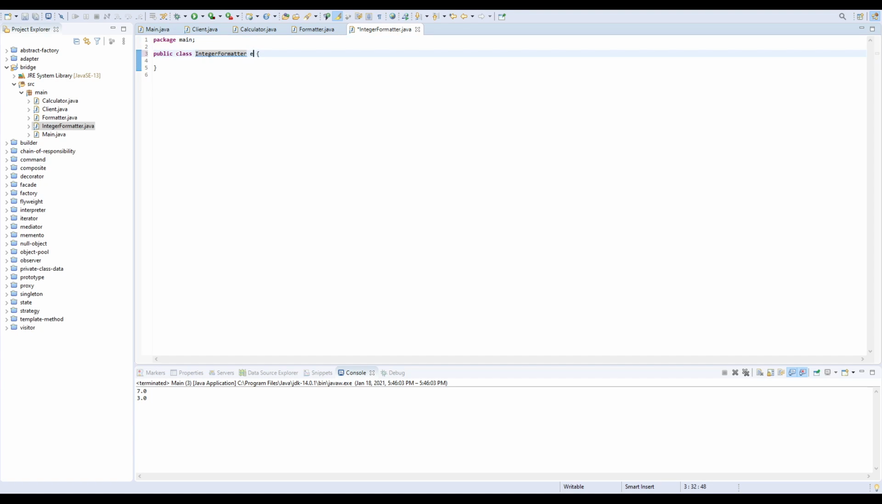And we can say that this is going to extend Formatter, right? Usually in Java, if you type the name of the method in Eclipse, it will suggest an override for you, which is what we want to do. In this case, we want to take the float, and we want to